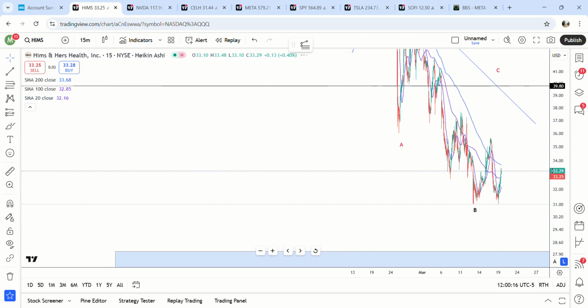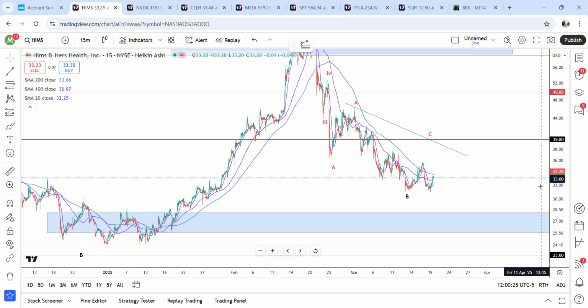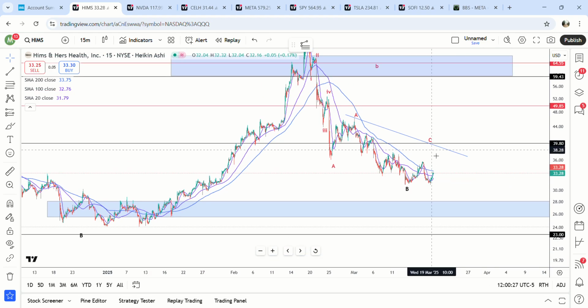HIMS, there's a gap at 28. There's a demand zone at 28. It's probably going to hit that within the next couple of days. But it could come up here for a C wave. It kind of just looks like this is probably going to end up being,